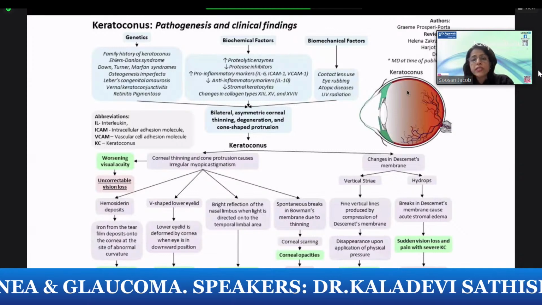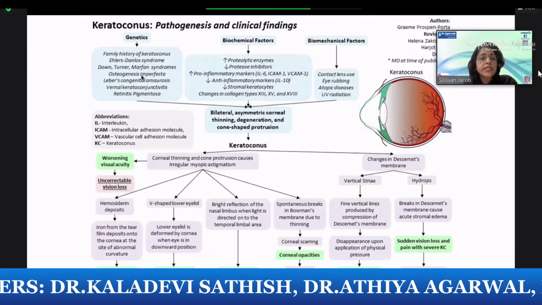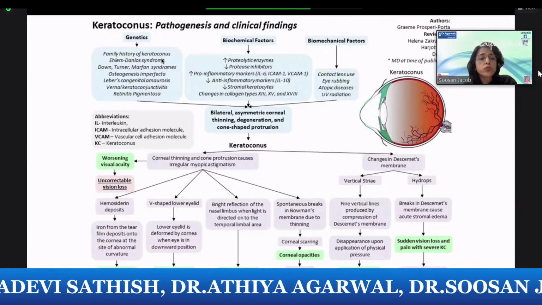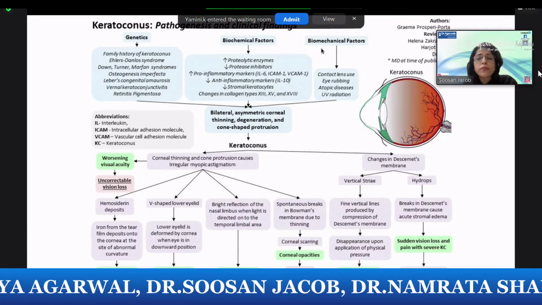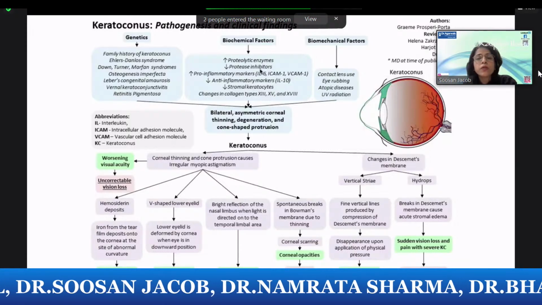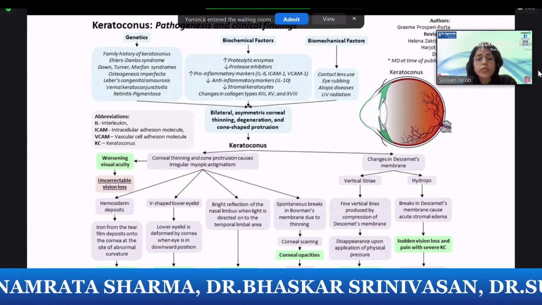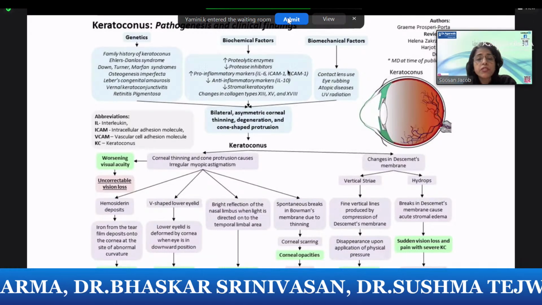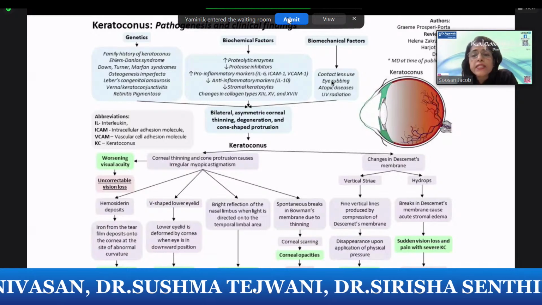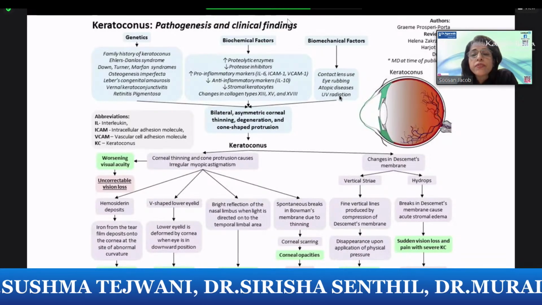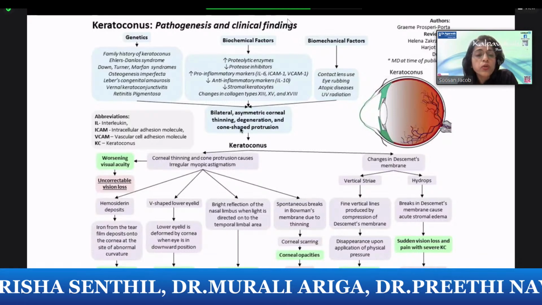So we know that in case of keratoconus, there's a lot of etiopathogenesis, as we already explained. Genetics, a lot of conditions which can be associated with keratoconus, such as Marfan's, Down's, and so on and so forth. Also, there are biochemical factors which can contribute to keratoconus, such as an increased level of proteolytic enzymes and a decreased level of protease inhibitors, increased pro-inflammatory markers, decreased anti-inflammatory markers, and so on. And as I already said, eye rubbing is one major factor which can be a biomechanical contributory factor to keratoconus or to other corneal ectasias.